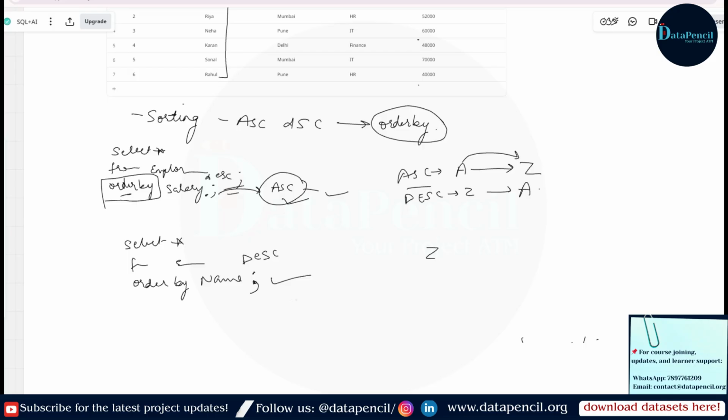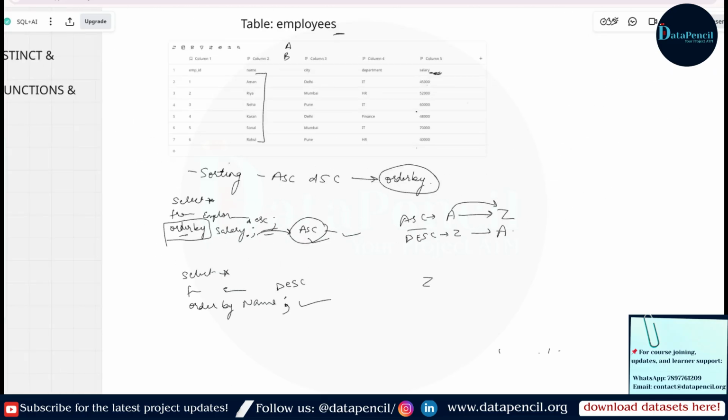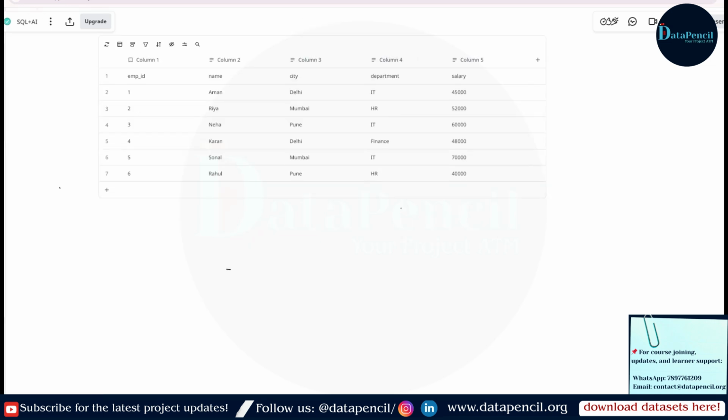Fine, okay. Now another case, in this case your manager is saying you have to sort using multiple columns. So how will you sort it using multiple columns? Firstly, see what I am talking about with multiple columns. Suppose let's choose these two columns, department and salary. It means we want to sort our data based on department and salary. We want to see the department in ascending order and the salary in descending order, right? How can we do it?